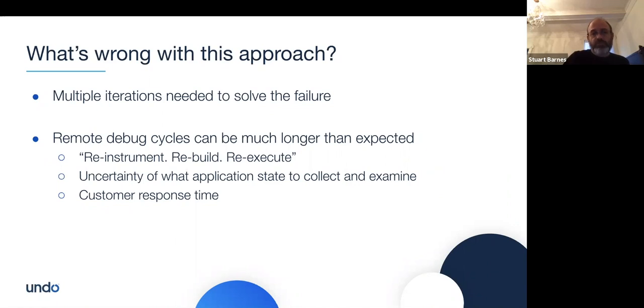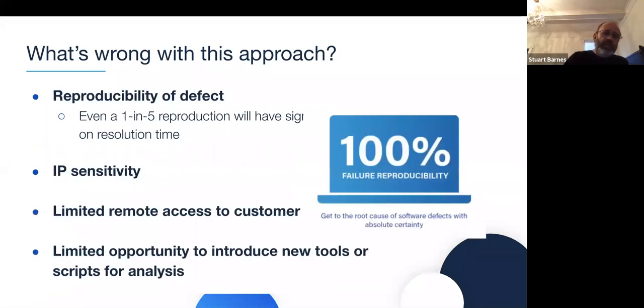Now, the remote debug cycles can be, as I said, much longer than expected, and part of the reason for that is uncertainty as to what application state you actually need to gather. As you go through the process of understanding what goes wrong, you suddenly find that you need to know a little bit more about your application in the runtime environment, and just trying to get that information from the customer site can be problematic. And particularly with reproducibility, you're going to have problems in terms of keeping that resolution time